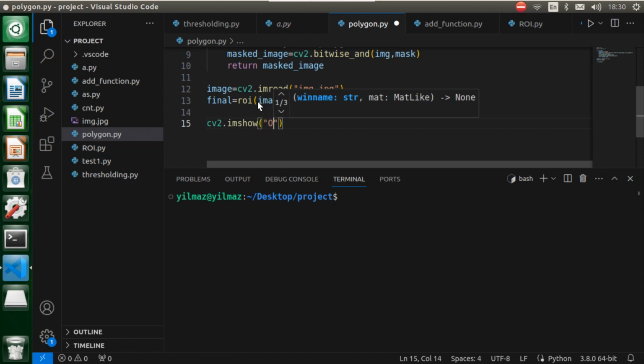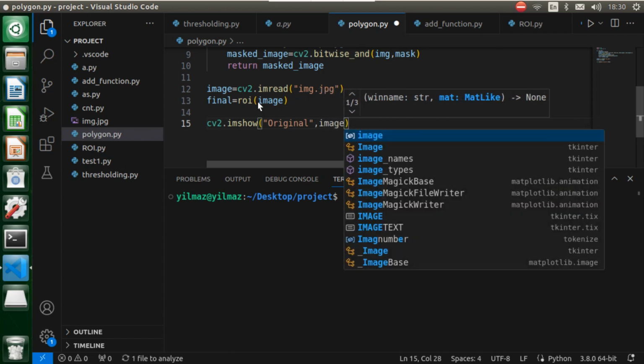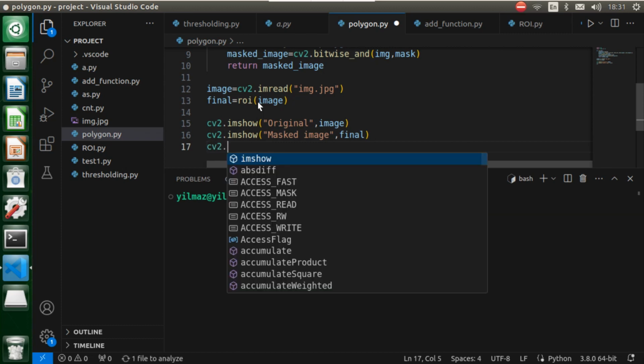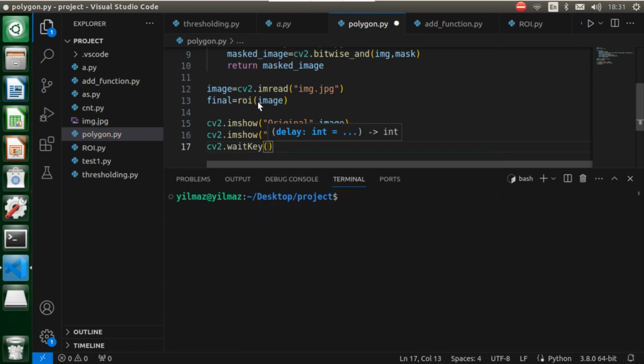Let the window name be, for example, original, and let's display image matrix variable, and also let's call our imshow function again, and let's display this time our mask image. And also let's display our final variable, and also if you want to keep our images on the screen continuously, what we have to do now is to call here our waitKey function, and also let's set the first parameter as 0, and we are done.